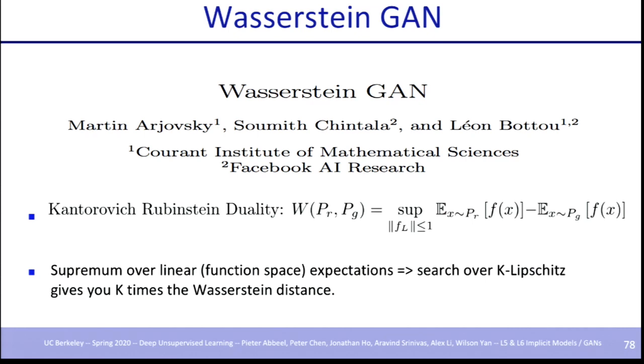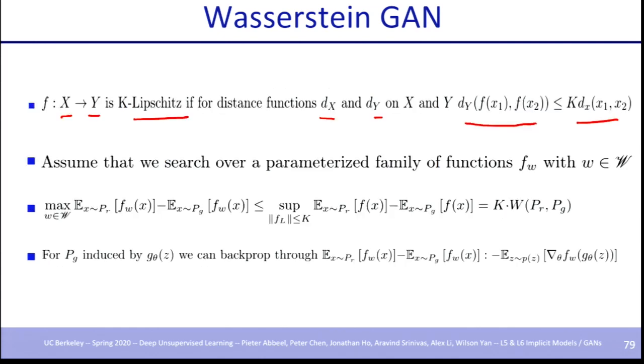And the Wasserstein GAN paper, done by Martin Arjovsky and collaborators, is basically trying to figure out a way to optimize the dual of the Earth mover distance. It's still intractable, but they come up with a few tricks to ensure it works. So the way it works is as follows. If it's okay for you to search over k-Lipschitz functions, think about these functions being characterized by neural networks.